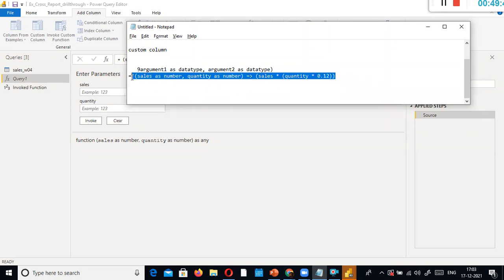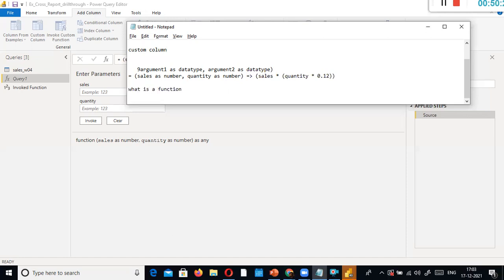Okay. Now again, you may have some confusion. So what is this equal sign? Why the parenthesis? What is this notation, right? So this is nothing but your function in Power BI. Inside this function, the function body is this one. This is the function and the function argument, and the function body is this one. So this one in turn will return some value. That one will be assigned to the left side one. Okay, equal sign, right? First of all, what is a function?